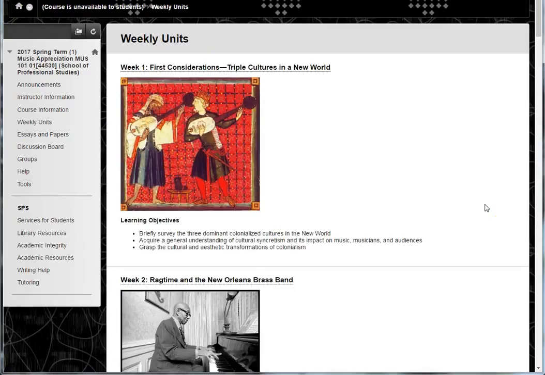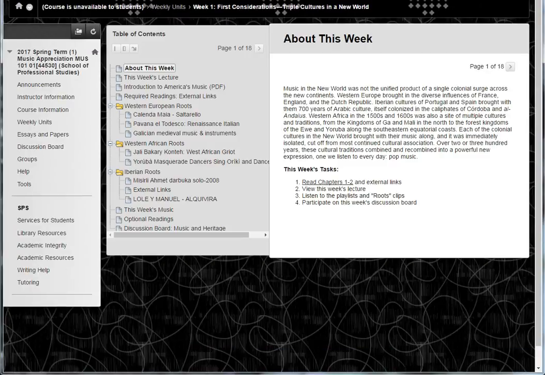Weekly units is where you'll spend most of your time during the semester. In your live site, you'll see the name of the week, followed by the dates when the week opens and closes. To enter each unit, just click its name. All of the units follow a similar pattern. The first item is just a bit of information about the week, followed by a list of the tasks you